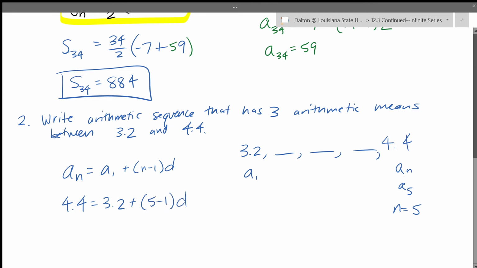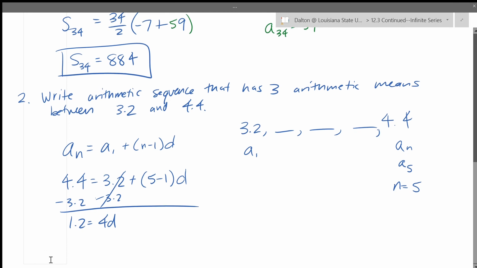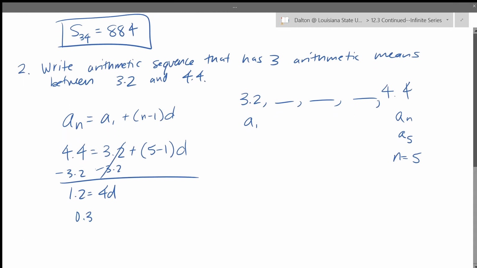So then I can go ahead and subtract 3.2 from both sides. End up with 1.2 equals 5 minus 1, which is 4d. And then if you divide both sides by 4, you end up with a common difference of 0.3. So once you have a common difference of 0.3, then you can add that 0.3 to each of your terms. It would be 3.5, add another 0.3 to get 3.8, add another 0.3 to get 4.1, and